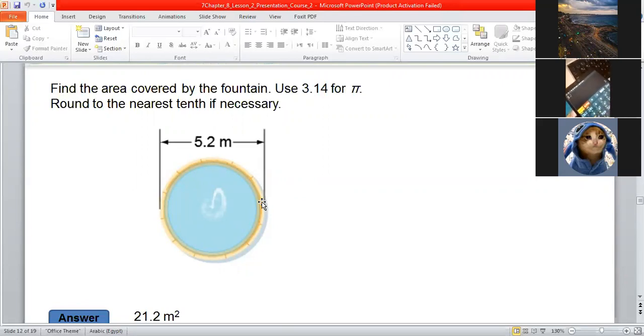So on my calculator I write 3.14 times the radius squared, which is times 2.6 squared. If I multiply these together, my friend Muhammad,